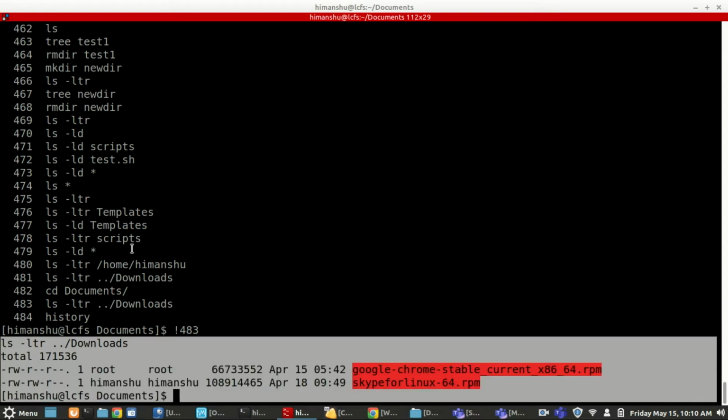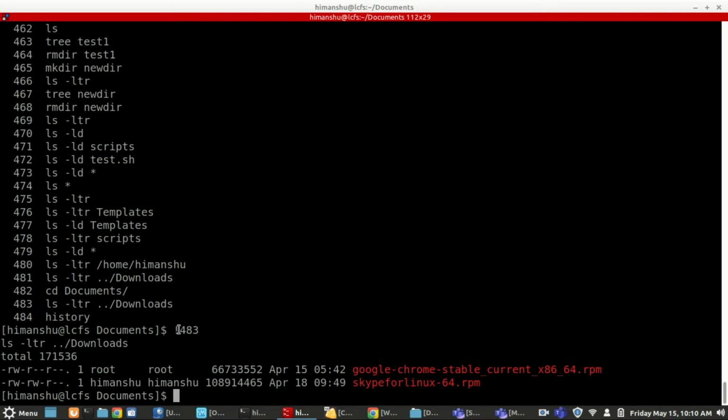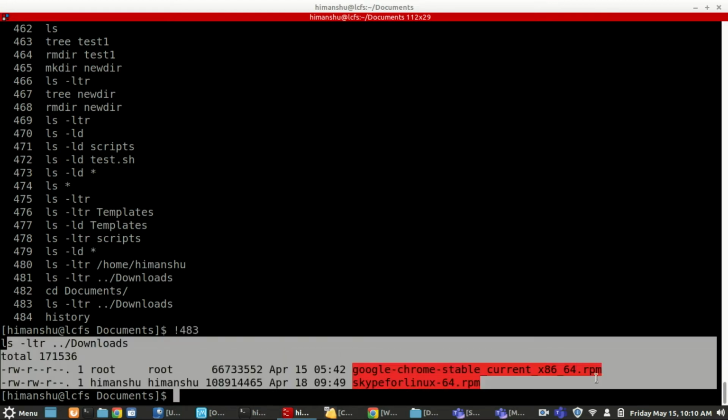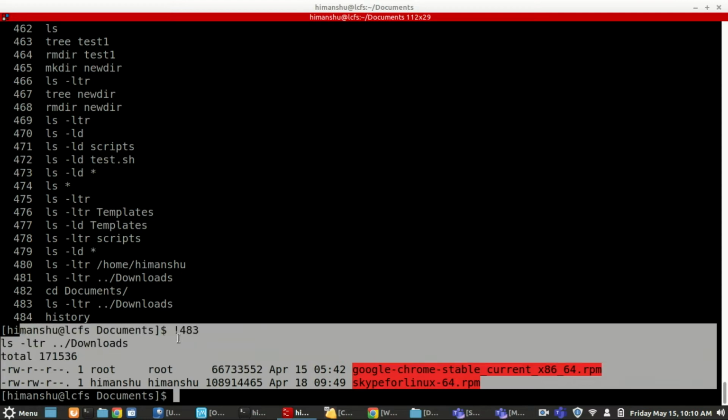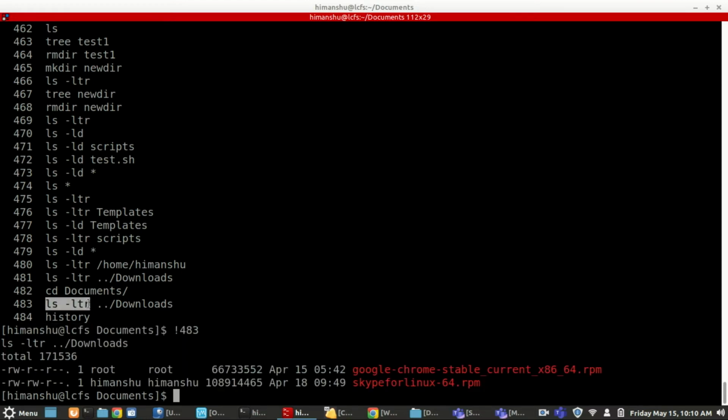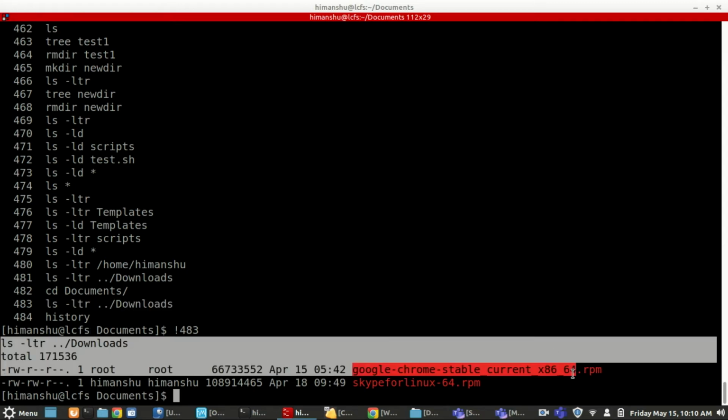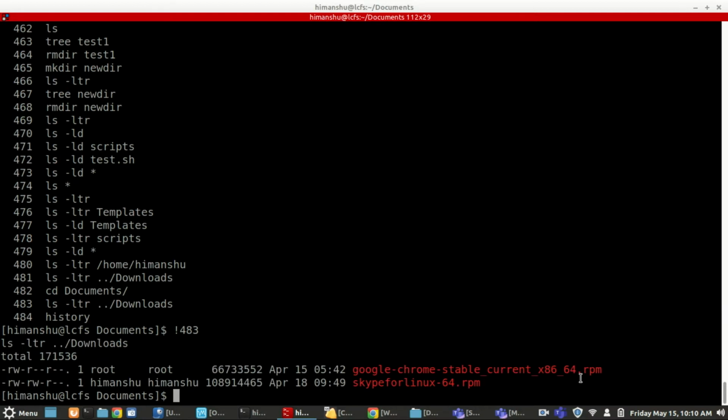If it's a lengthy command and you don't want to copy or write it, you can just do exclamation mark and the line number, and it will execute the same command that is at that particular line number. If you see, 483 was ls -ltr Downloads, so the same command executed again and showed me the desired output. Clear?